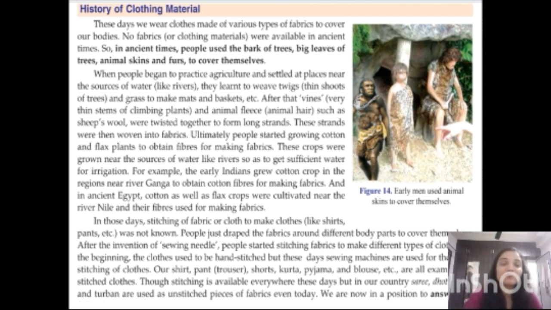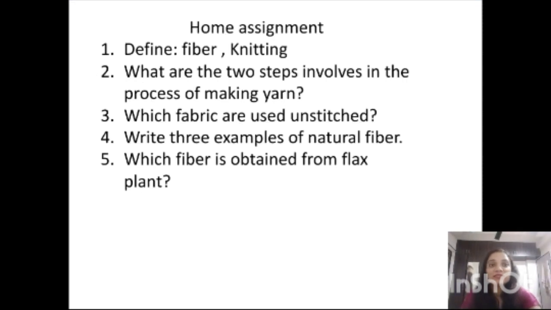So this is the Fiber to Fabric chapter. Next is your home assignment. You have already done this, but this is one type of revision. First, the definition of fiber and the knitting method. Second, what are the two steps involved in the process of making yarn? Third, which fabrics are used unstitched? Fourth, write three examples of natural fiber. And fifth, which fiber is obtained